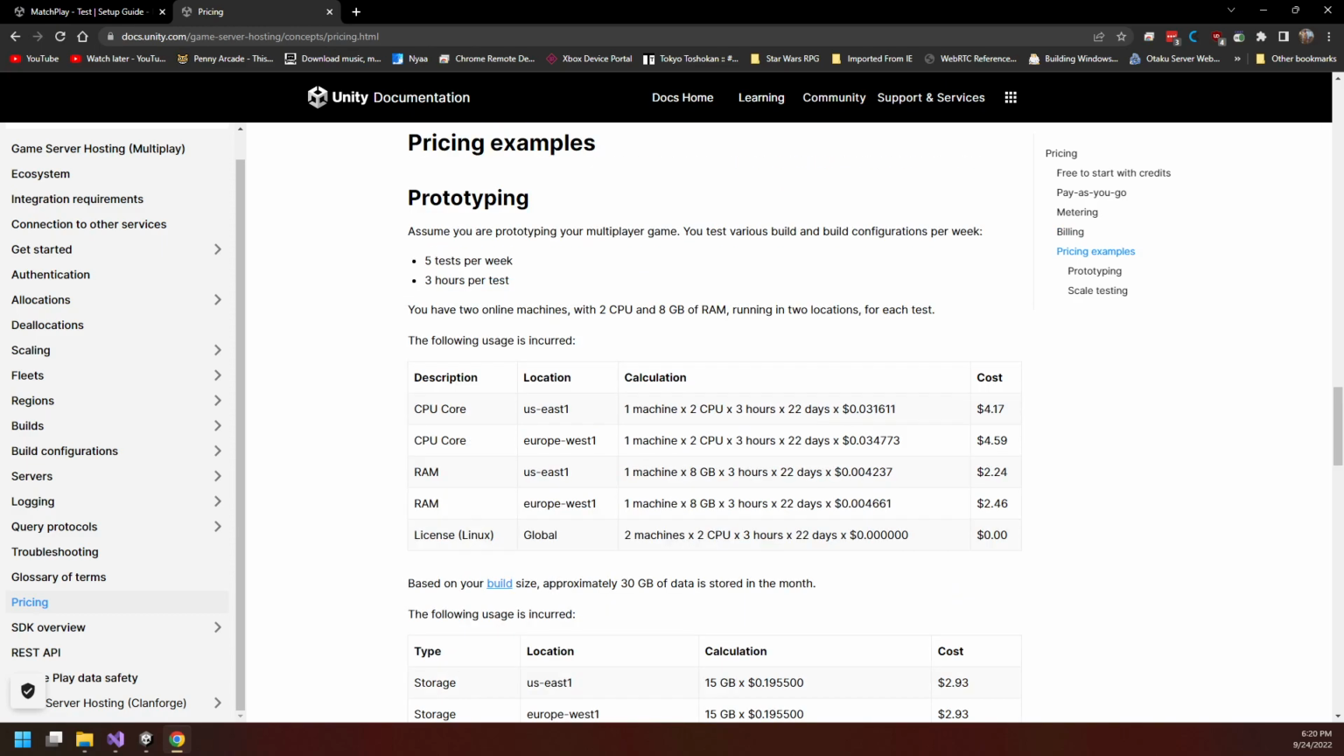So these are some of the example prices for running, like when you're testing this out. If you run your tests 3 hours a day, 5 days a week, this is kind of what you'll end up seeing here. Roughly $15-ish per month. And this is with one machine in the US East, one machine in Europe,